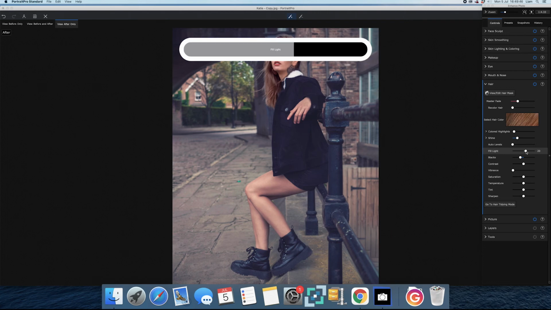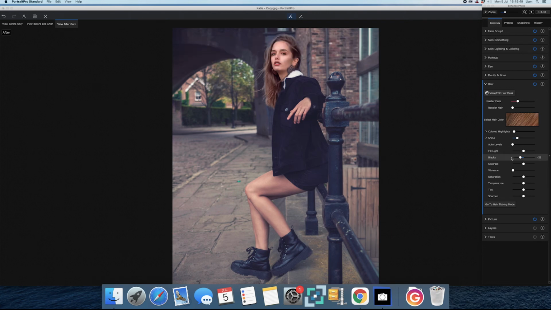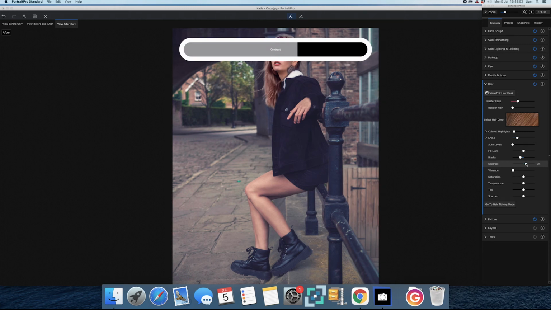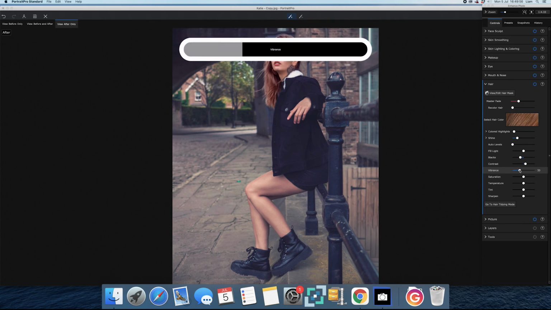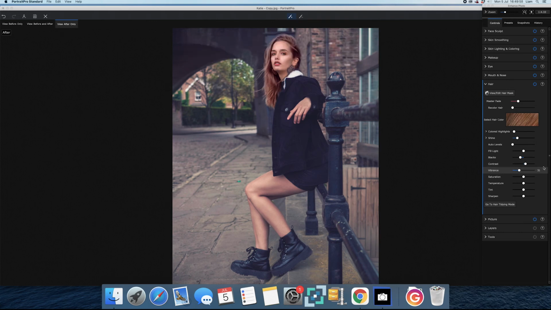Okay, you can see what it's doing there to our hair. Blacks, contrast, it's changing slightly. 18, vibrance. Okay, it's adding a little bit more color in there, which I like. Saturation, temperature. Let me do it. Oh, I love that. That's nice. Take a bit, and I will obviously take the red out of her face in